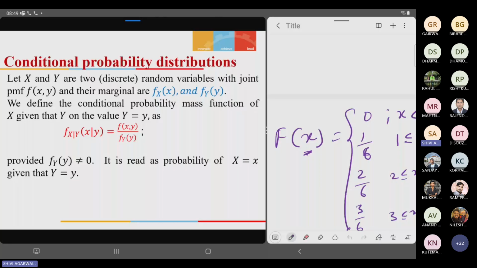we recall chapter 3. Two random variables or two events, A and B, we can say they are independent if and only if